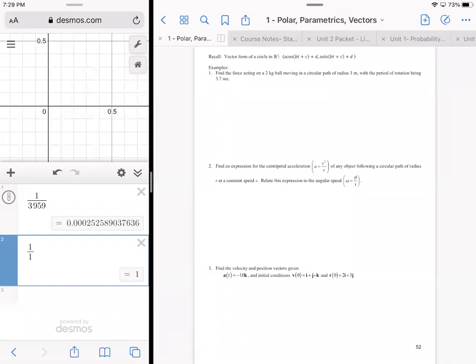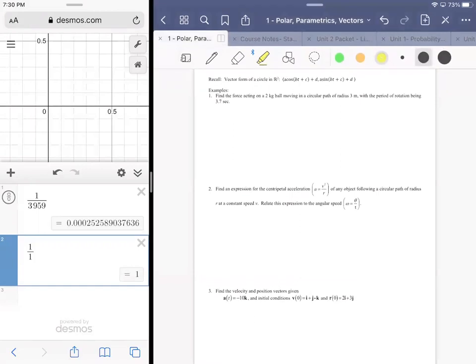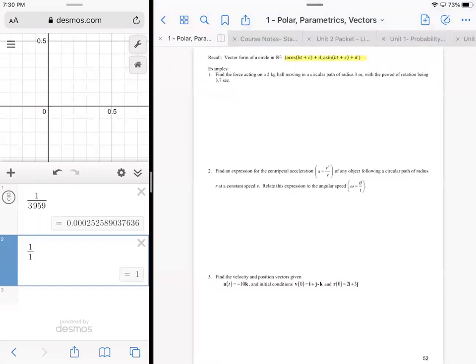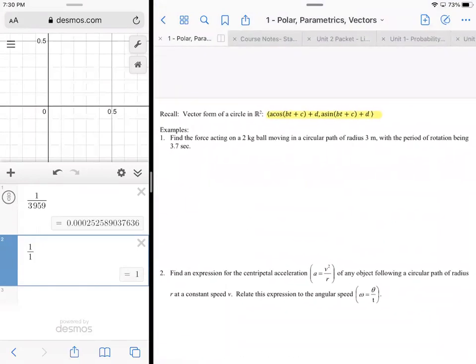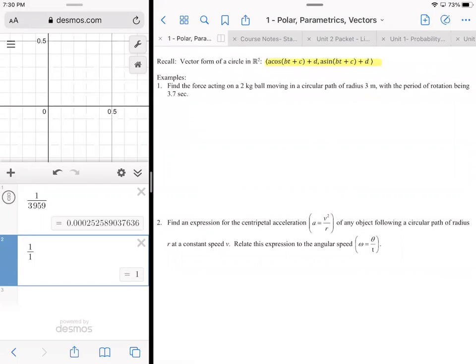So in number one, it says find the force acting on a 2 kilogram ball moving in a circular path of radius 3 with a period of rotation being 3.7 seconds. Now, I got a little sneaky here. I threw in a recall knowing full well that I never really introduced it, the equation of a circle in this form. It's just kind of trying to slip one by you, but really, if you think about it, they're